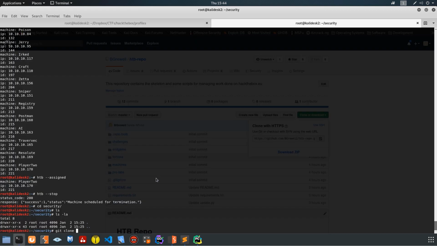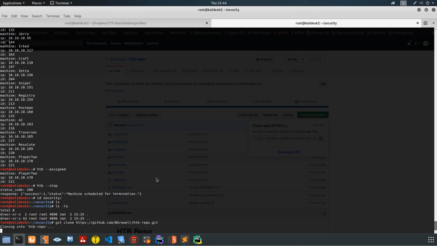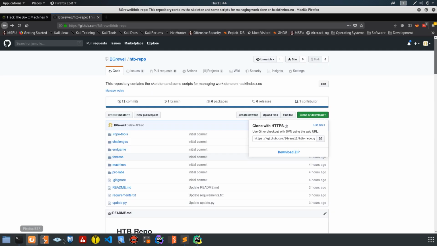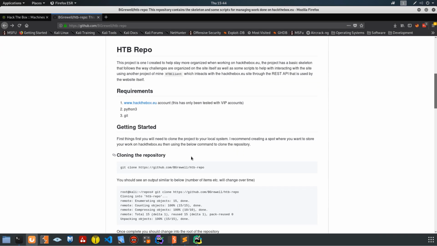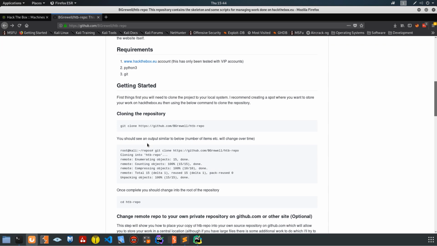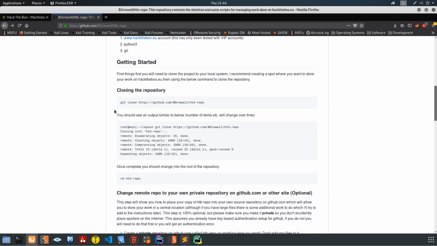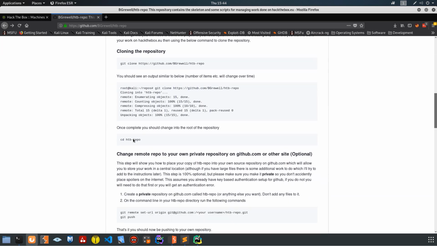Git clone. So at least that part went smooth. There's also a decent getting started guide on here. Again, I've got to do some cleanup on it, but it tells you how to clone the repo, change directory,